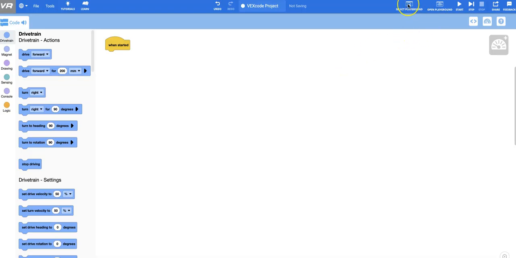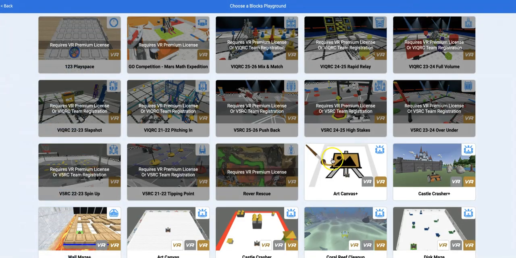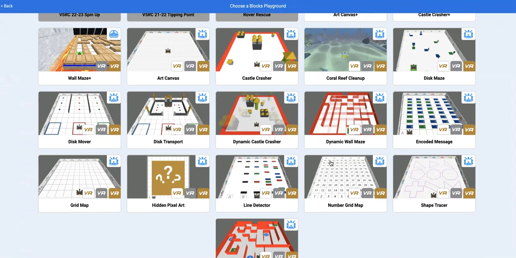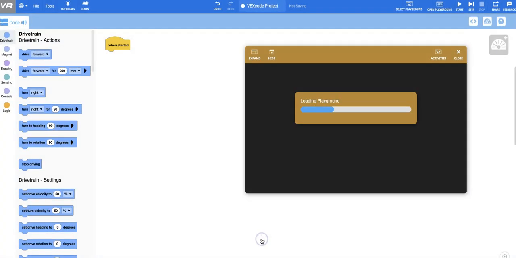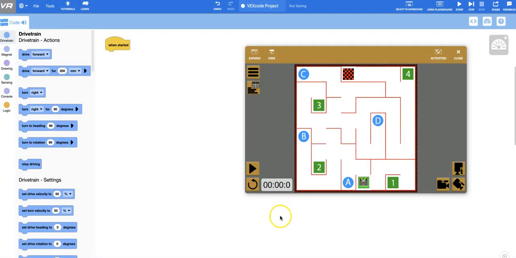So first thing you want to do is go to Select Playground, and we want to go down to Wall Maze, not Dynamic Wall Maze, but just the regular Wall Maze. And now that you have it up, you'll notice that you have a robot sitting on this green Start circle. What we're going to do first is program this robot so that it will see the wall. It'll come up to the wall, it'll stop, turn left, go to this wall, stop, turn left, and then go